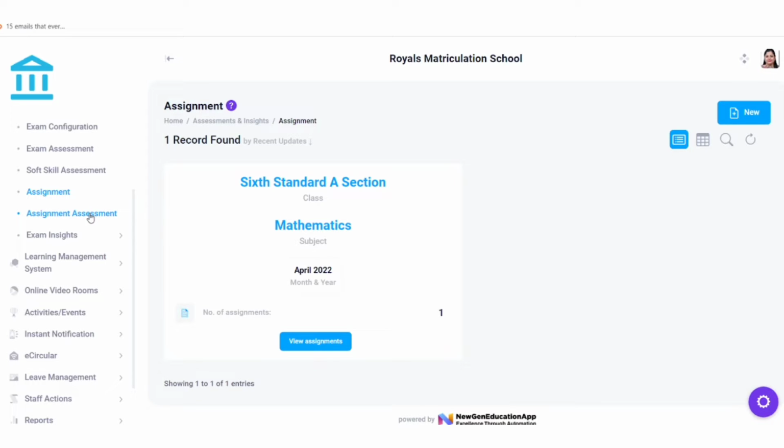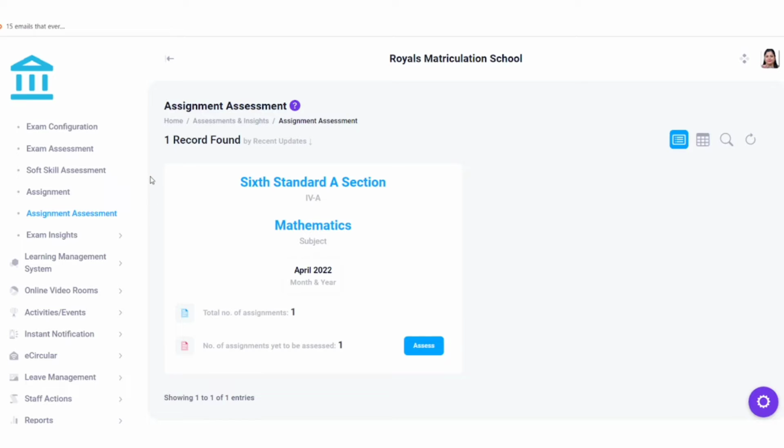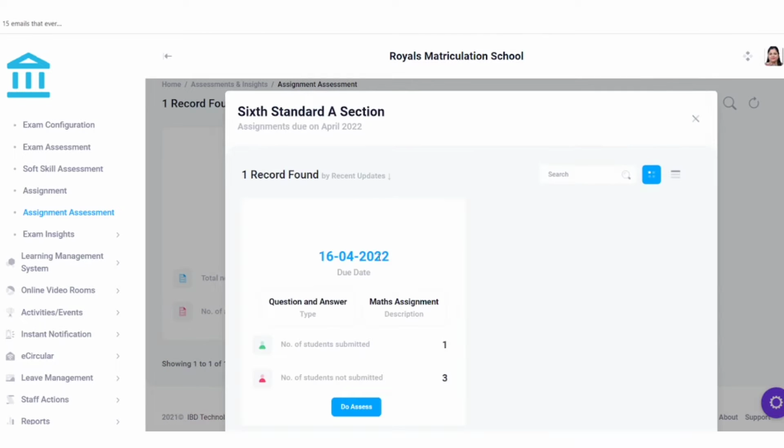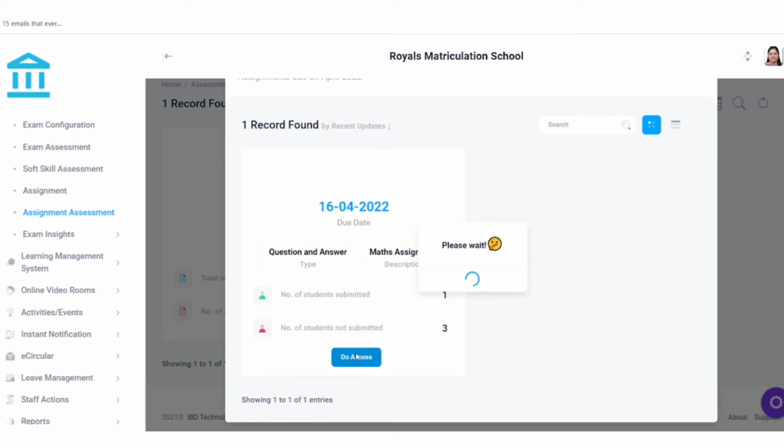Next, moving on to assignment assessment. Click on assignment assessment. So here you can see this is the particular assignment which has been assigned. So to assess it, just click on the assess button here. So here you can view the due date and the number of students who have submitted. So there's one student who has submitted and the 3 students have not submitted. So to assess this, you can click on the assess button,